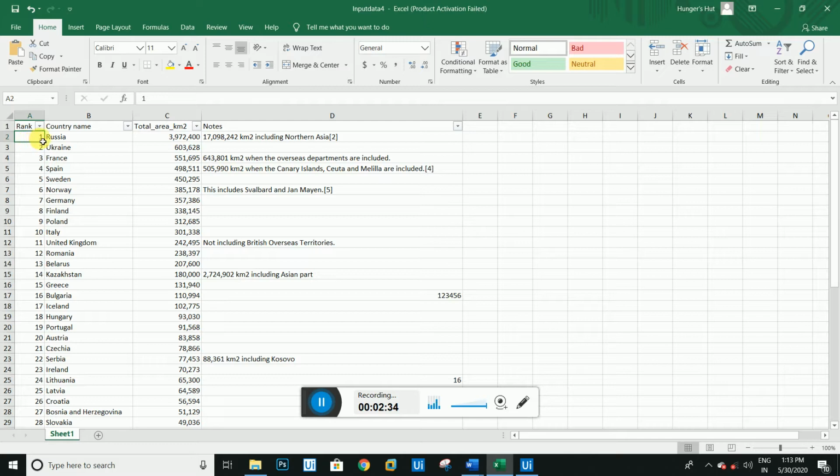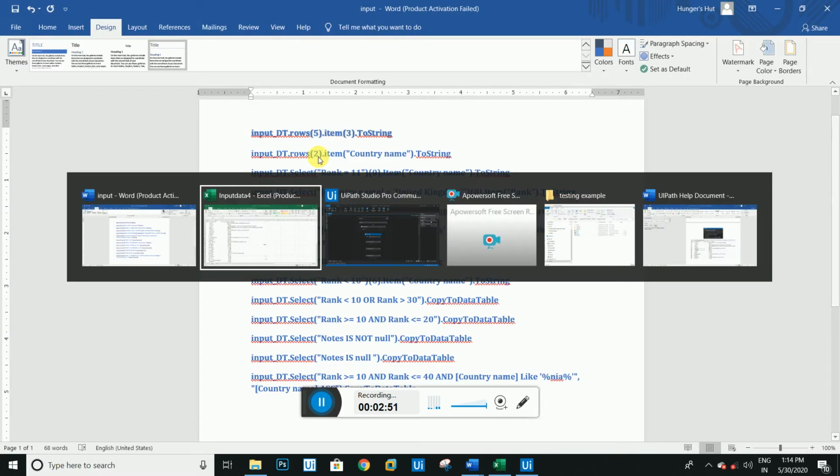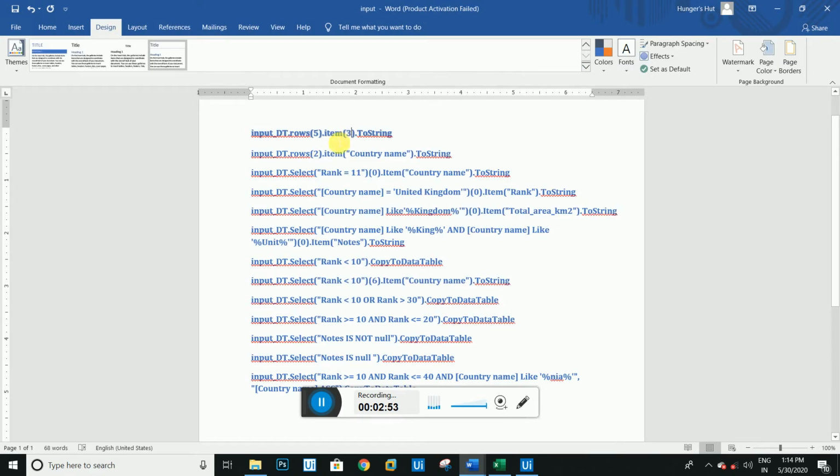It's 0 comma 0. This is 0 comma 0. If you go toward the bottom, it changes like 0, 1, 2, 3, 4, 5. So I select row 5, and then the item is selecting the third value.